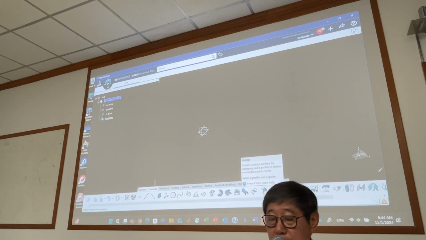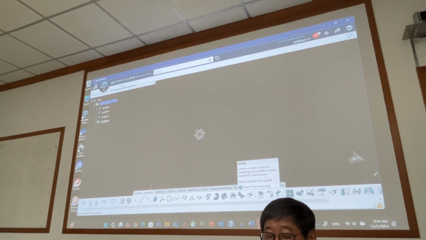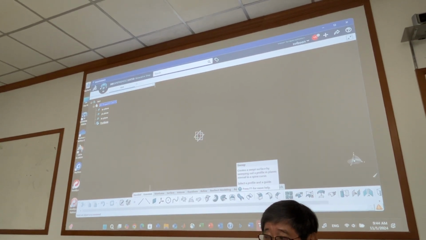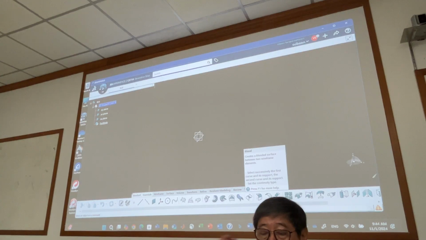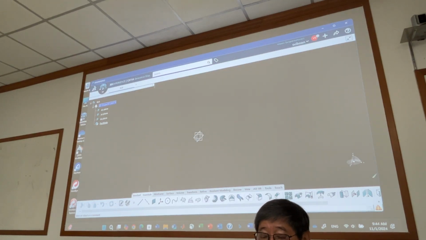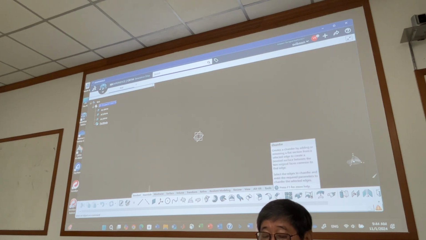sweep is similar to rib, combined with solid, but sweep has much more features than rib. Okay, we make quite a lot of use of this one, sweep. We have blend. You have two surfaces. If you want to blend them together, a blend surface, right? We have fillet, chordal fillet, chamfer, join,